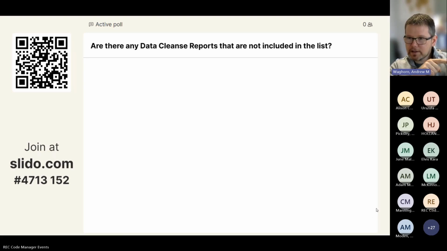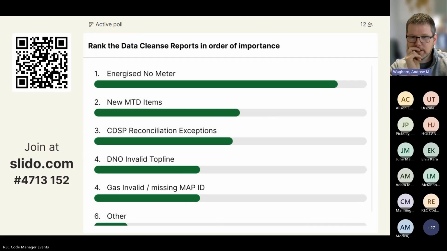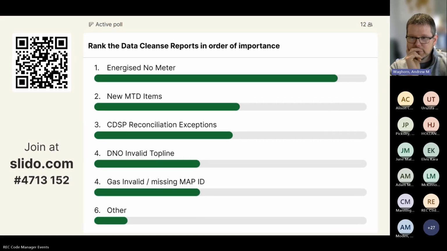So can we just go back to the voting for a second? Sorry, the previous. Just to see the results. Thank you. So probably the key question for me, looking at that, is on CDSP. I'd be interested in any thoughts on whether we carry on. At the moment, we have no new data, so the only thing we could carry on with is the existing data. Bearing that in mind, and the refreshed reconciliation comes through in July time,